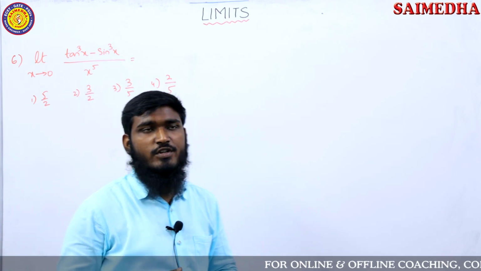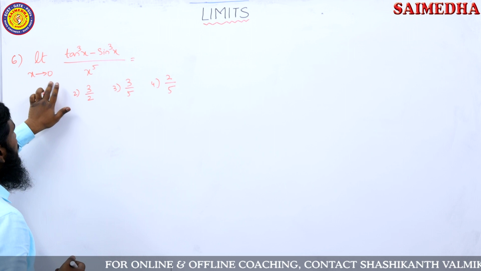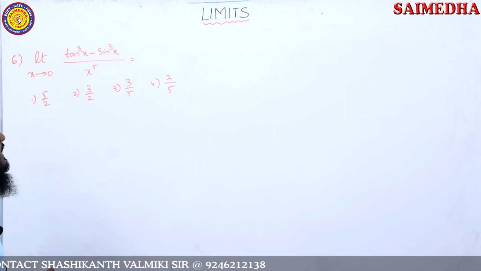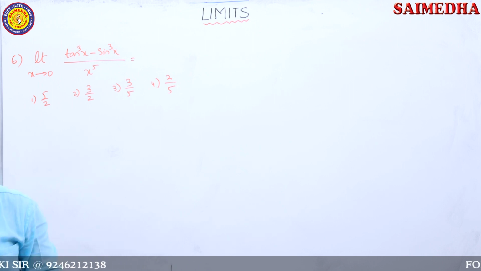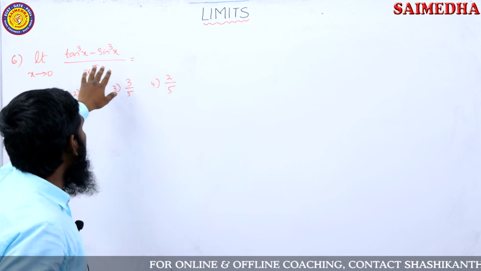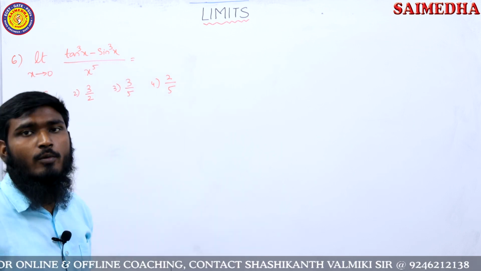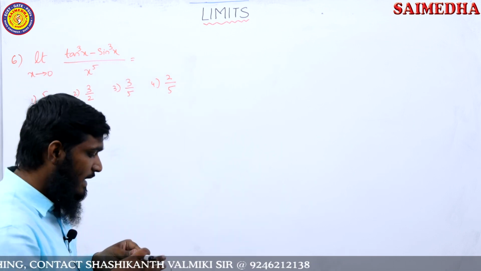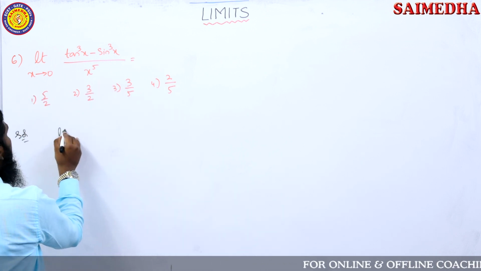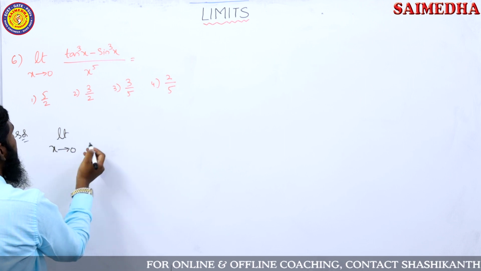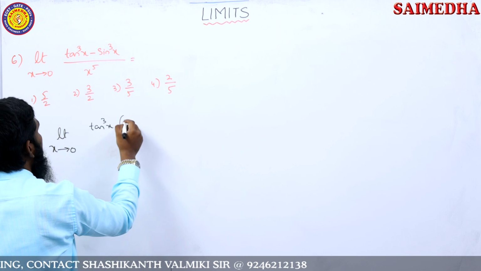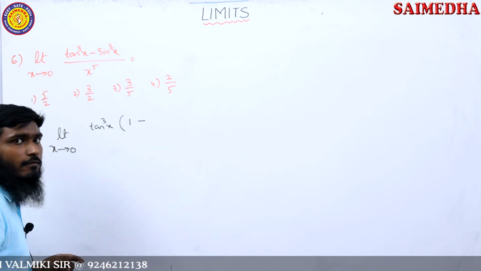Now let us see the next question over here. It is limit x tends to 0, tan cube x minus sin cube x divided by x power 5. For this part, what can we do? If we take tan cube x as common, then limit x tends to 0, we are taking tan cube x as common, and the remaining part will be 1 minus,